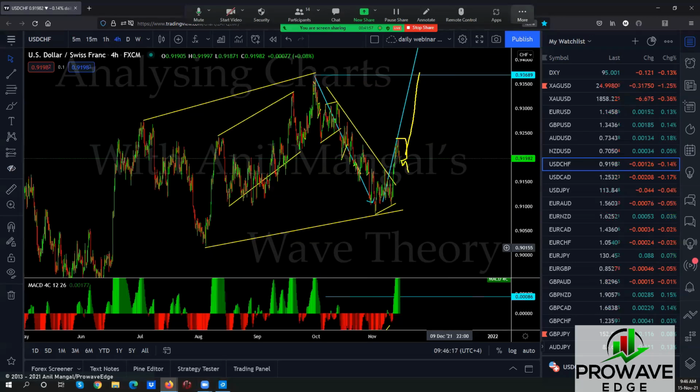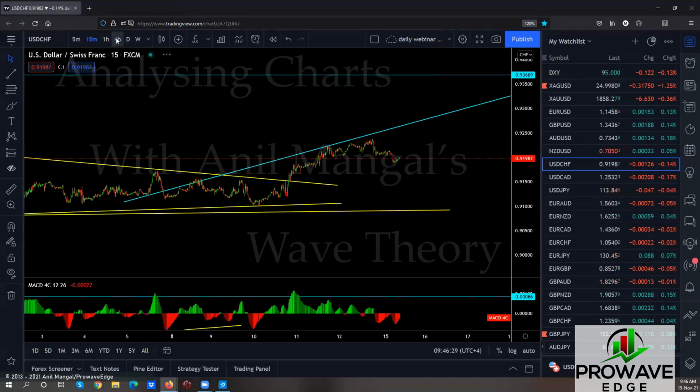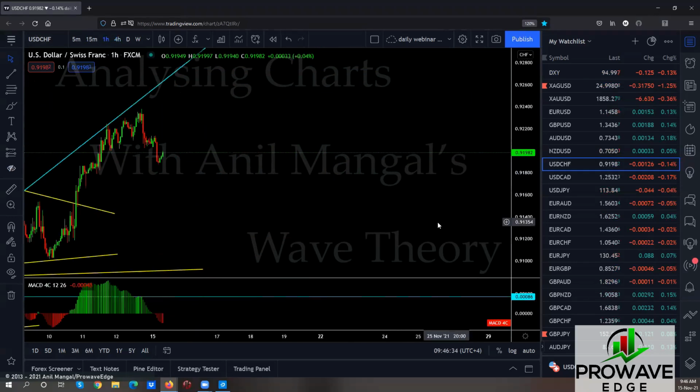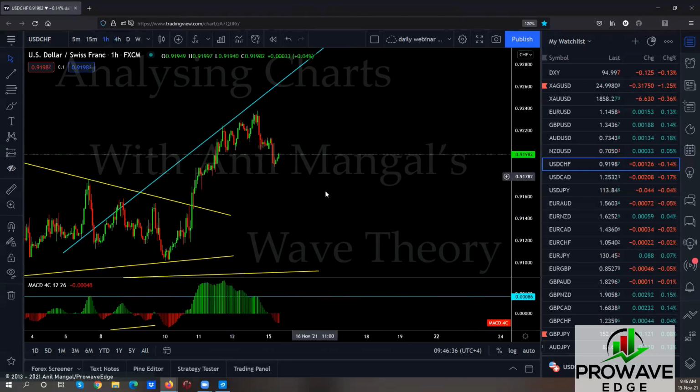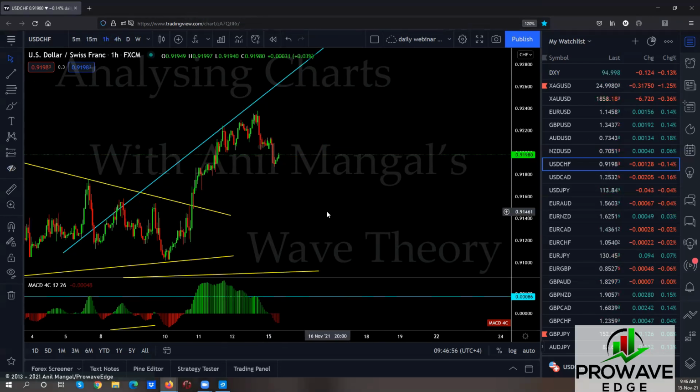Can it actually come down lower? Yes, but we'll have to wait for a very nice correction to sell, which we don't have at the moment. Sorry, put it in the 1 hour. Which we don't have at the moment. What we're getting here is a sharp reversal. This will hardly be the one that takes off because this is a sharp move down, which means you might correct here some more, stay in this range for the entire day, maybe even tomorrow, and then move up. But it's a tradable range as well. You can trade within the range. Right? So let's look for trade setup. Can it drop some more? I don't see the sell setup. It's too early for that.